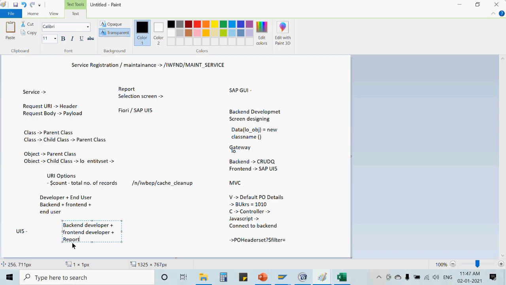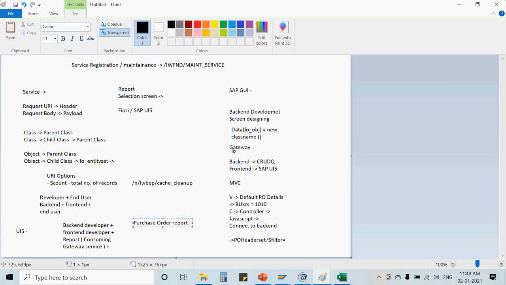Like I want to design a report. This report development we won't be doing. It is something the front end developer would be doing. This front end developer would be consuming our gateway service, and ultimately it will also create an application. It will be deployed on a particular web browser. That application name, like if I want to hand over something to the end user, I'll give him, you can use the application purchase